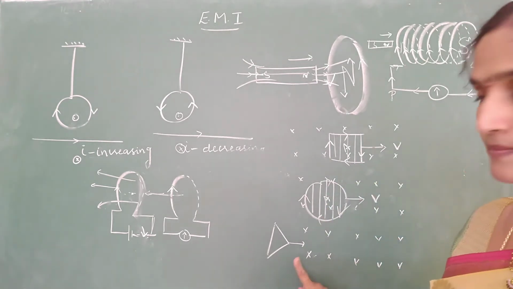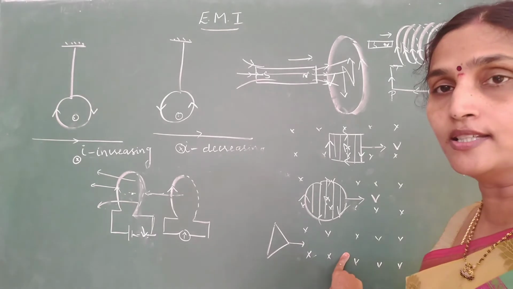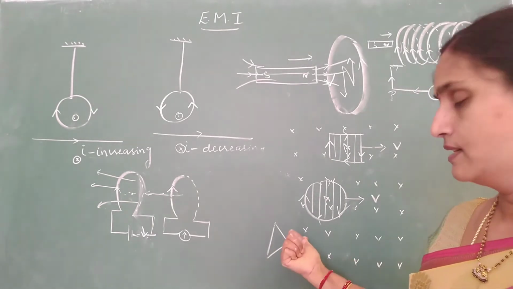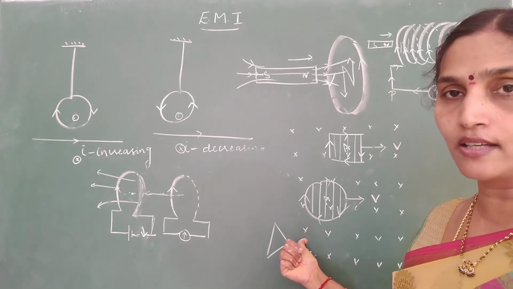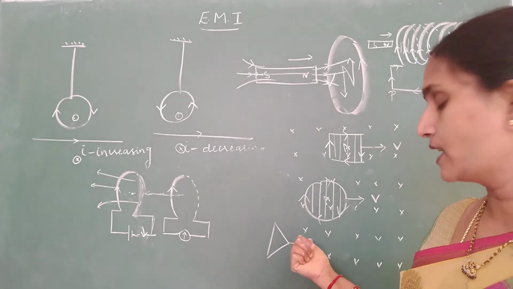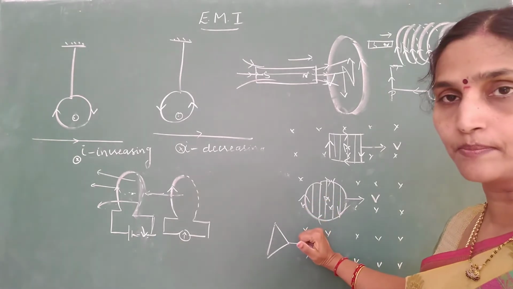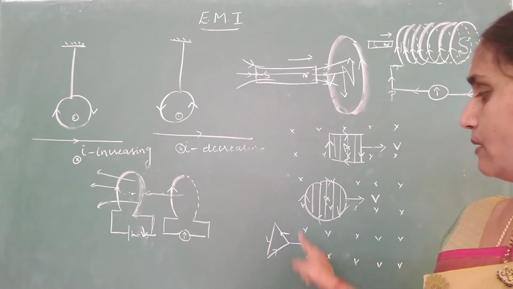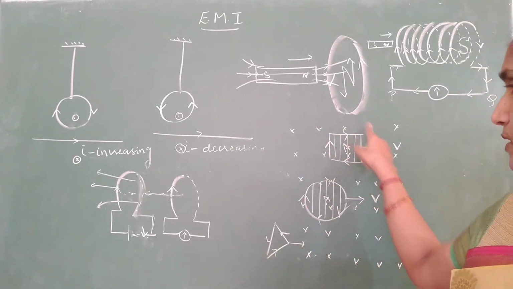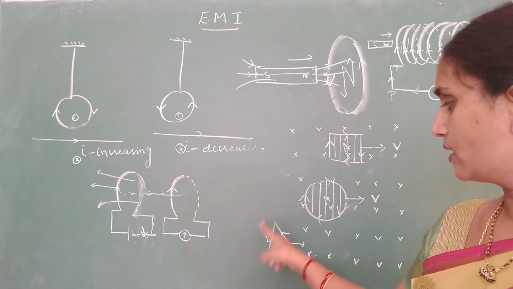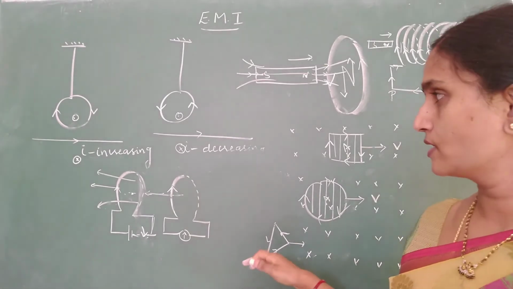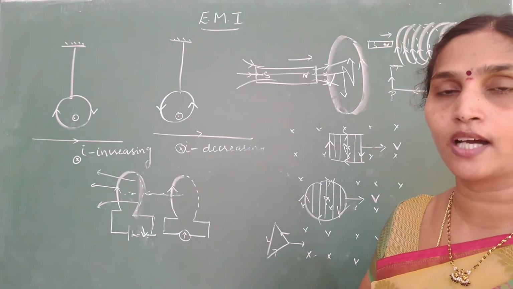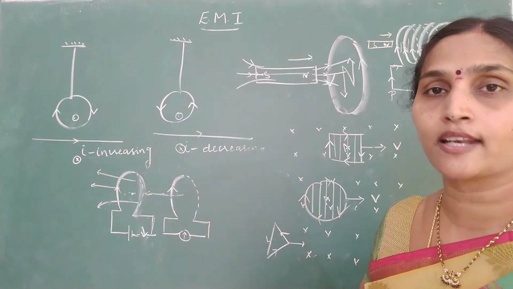Come to the triangle. It's coming from outside to inside. So if it is entering the magnetic field, put your thumb inward. It is increasing. What did I tell you? If flux is increasing, invert your thumb. Curl of fingers, it will be anti-clockwise. These two we have got clockwise currents. Here we have got anti-clockwise currents. So this is how you can identify the direction of induced current by making use of the thumb rule, or you can also use Fleming's right hand rule.